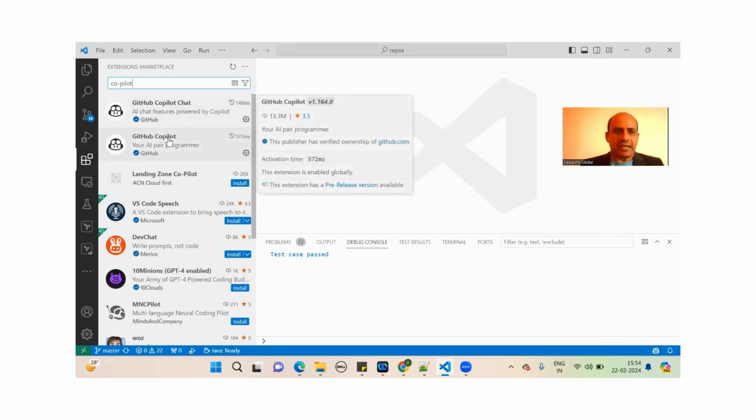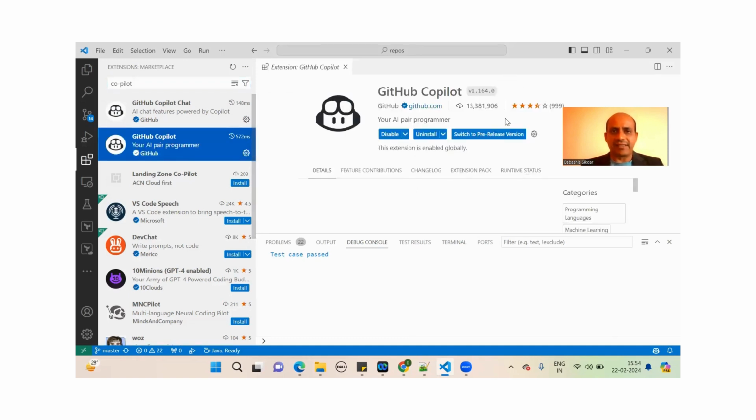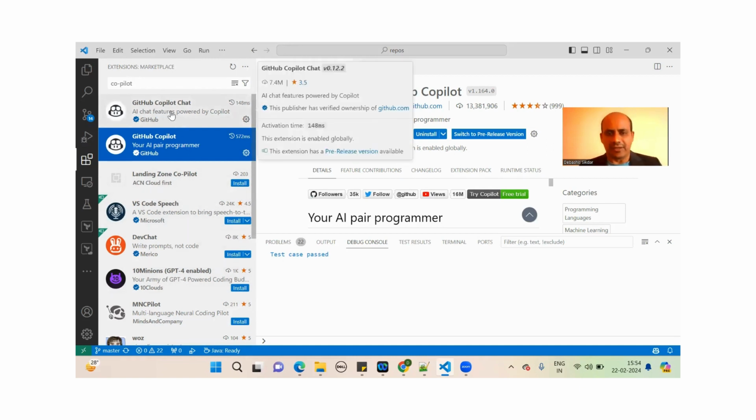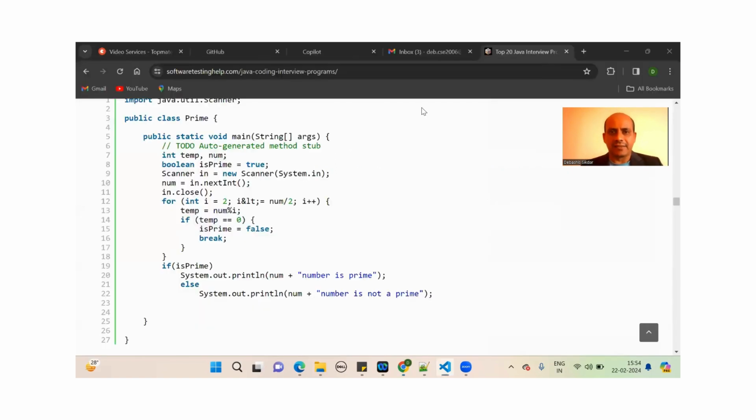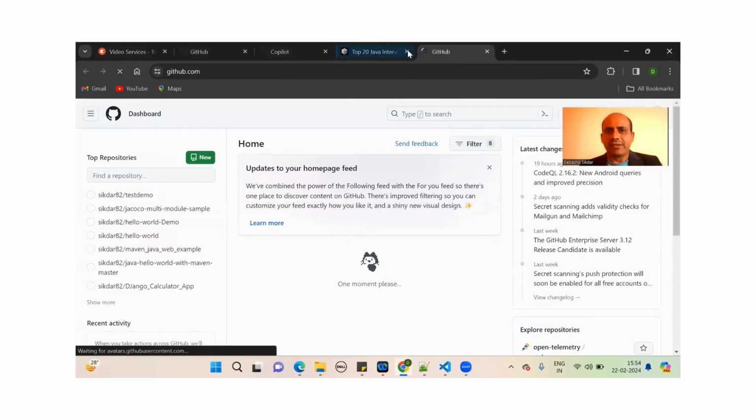So once you click GitHub Copilot, you can see that kind of scenario. You have to install it like that. Now it's showing as installed because I already configured it in my Visual Studio Code. And as per your requirement, you can go for multiple tools based on GitHub Copilot. Once you configure GitHub Copilot, you can see github.com. Okay, so you have to click here. And so you can see that